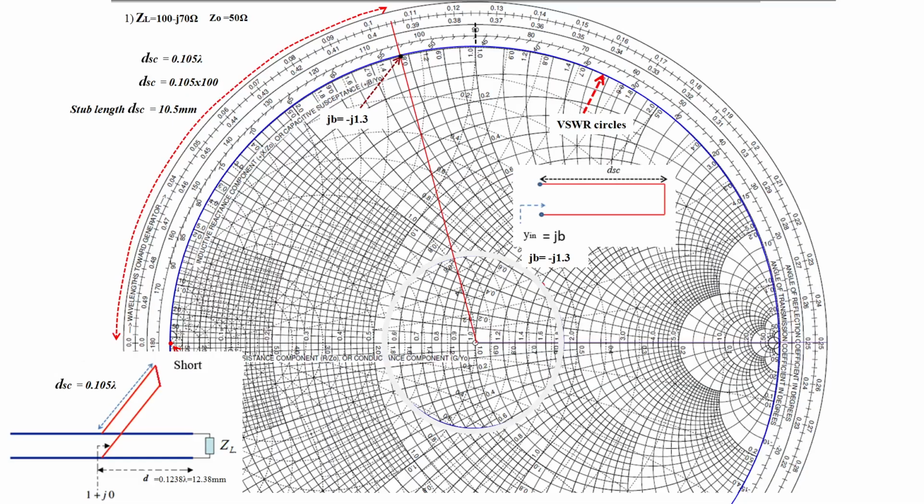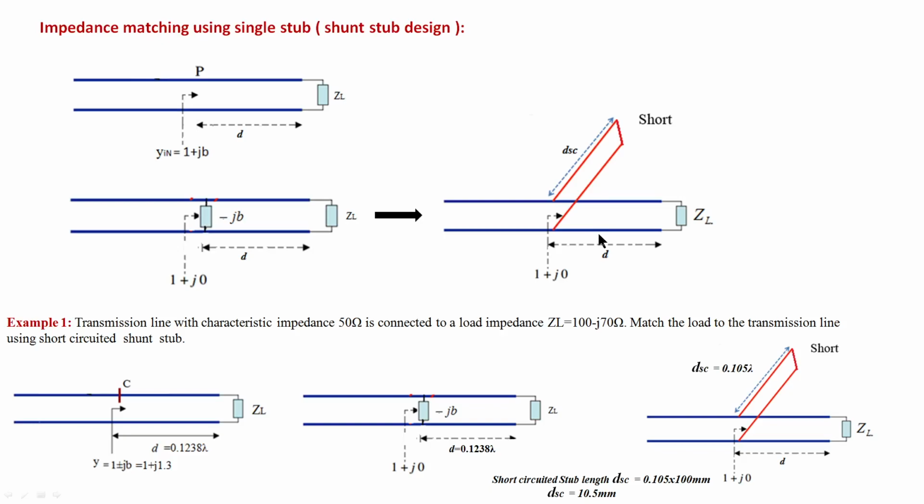Okay, in the previous class, we were discussing how to design a single stub impedance matching structure. Single stub impedance matching using a single stub. Single stub means we are using one element here for matching purposes. This is one element we are using to match the load ZL, and it is implemented using a stub. This is the element we have to add. We already discussed this in the earlier class.